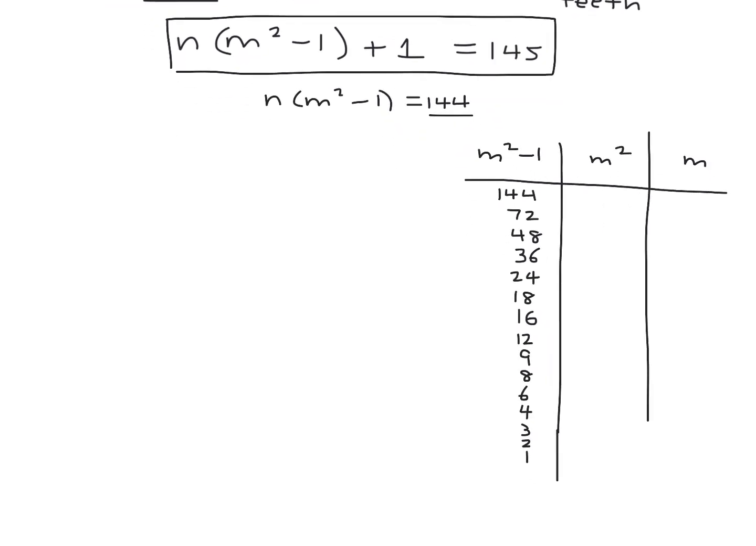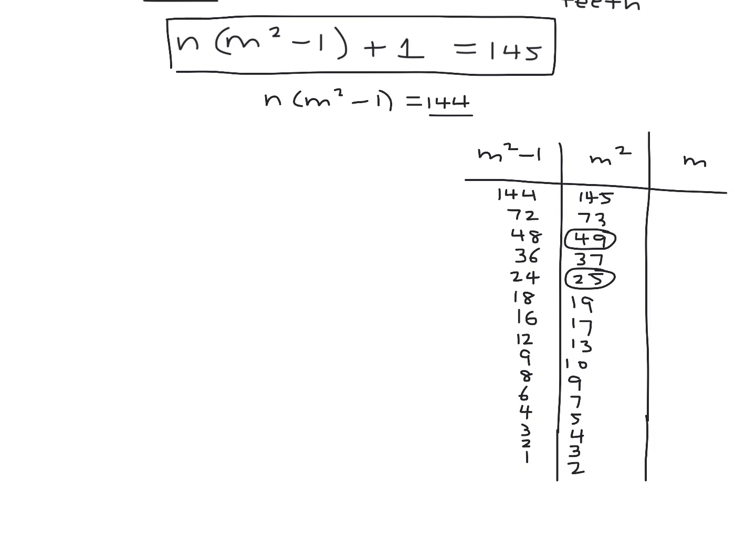Now, m squared would obviously be one more than these guys. So this would be 145, 73, 49, and so on. 37. Now, they told me that m is an integer, right? So that means that m squared has to be a perfect square. That's the only way m could be an integer. So let me just write them all out. 7, 5, 4, 3, 2. Now, which one of these is a perfect square? The only one is 49,